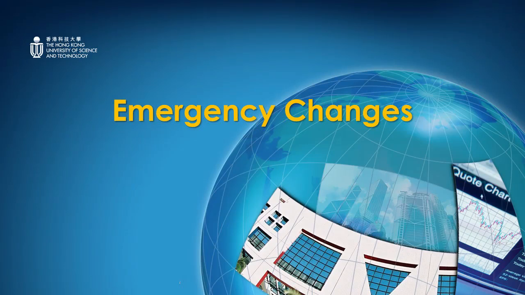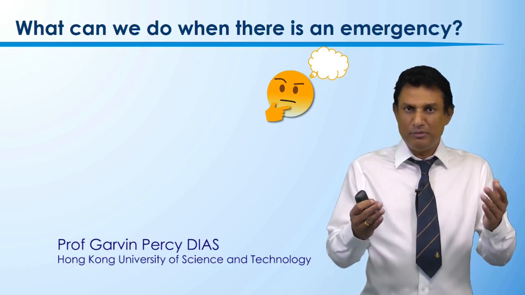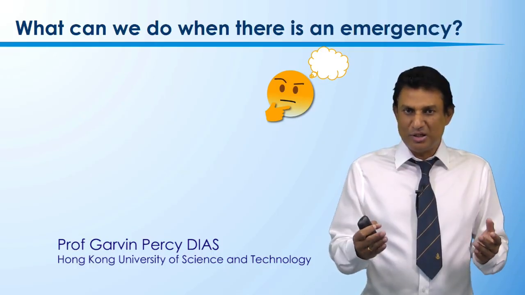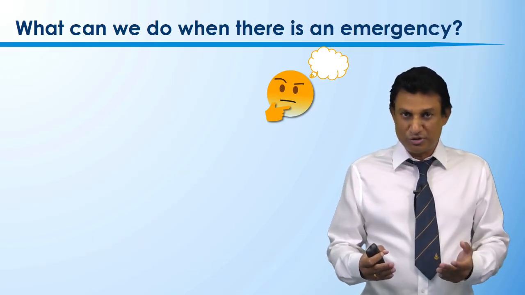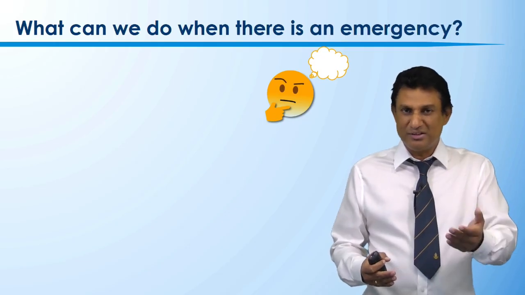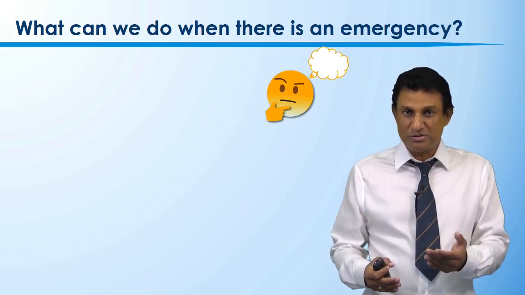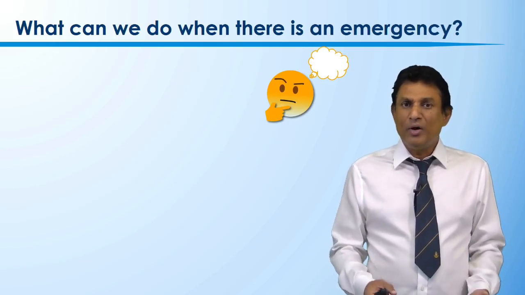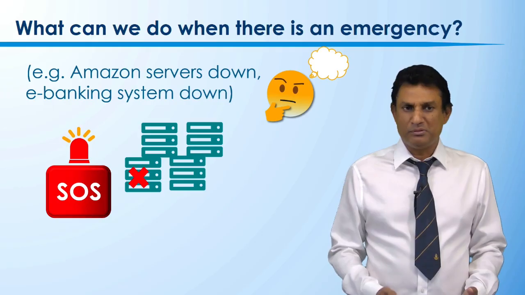So in the previous video, we talked about the normal procedure. Whenever you want to do maintenance, or whenever a change needs to be done, we go through the process, remember? That means we do the approval, we do the testing, the documentation, the audit trail, and so on and so forth. But what if an emergency happens?